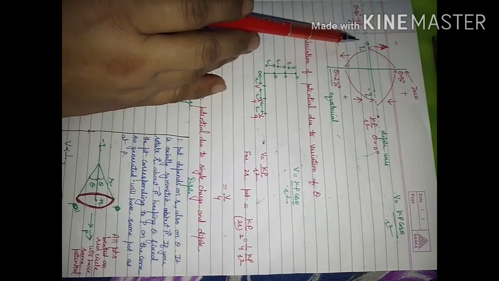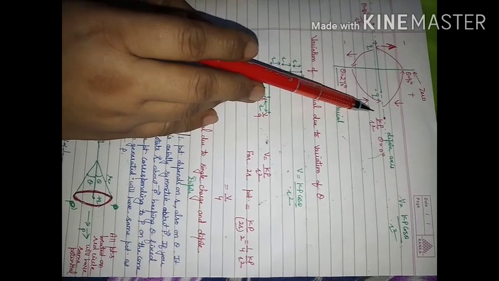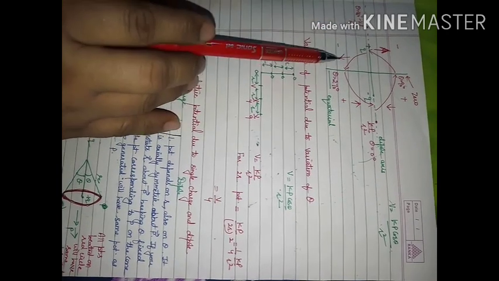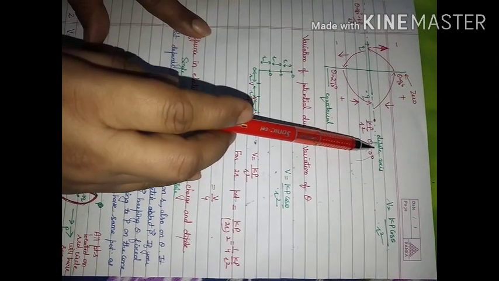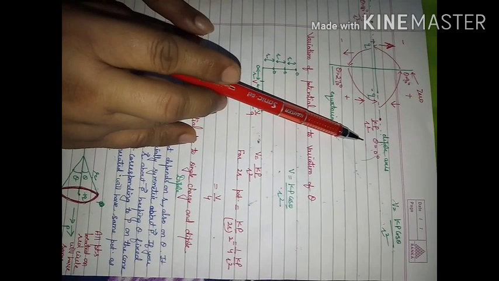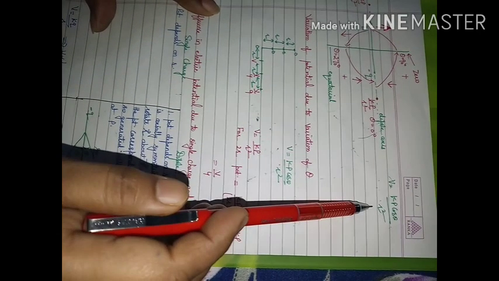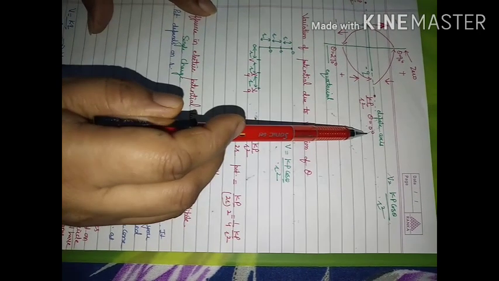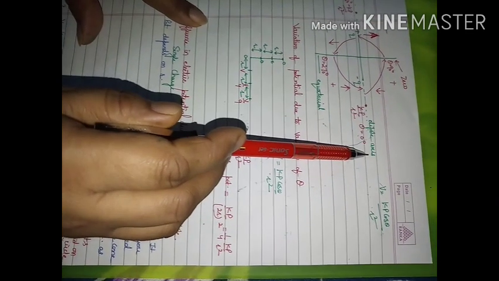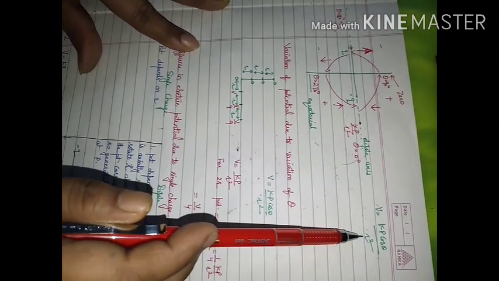This is the dipole that I have shown here, plus q and minus q. When you shift your point of observation from theta equal to 0 to 90 to 180, then 270 and then coming back to 360, that is 0, how the value of potential is going to change, this we will see. The value of potential is kp cos theta upon r square. If theta is equal to 0, it means your point is on the axial line, and in that case it will have its maximum value kp upon r square.